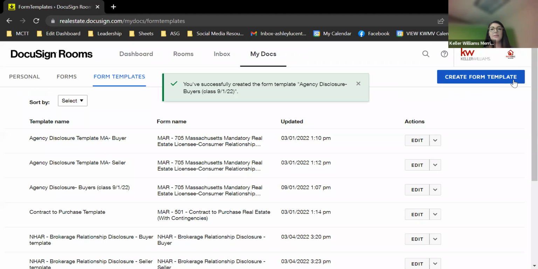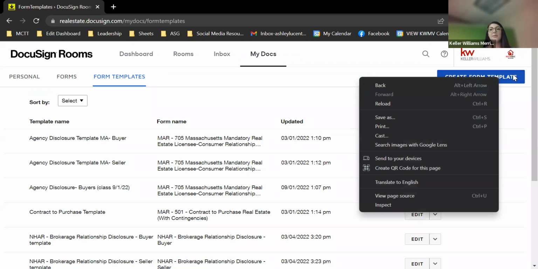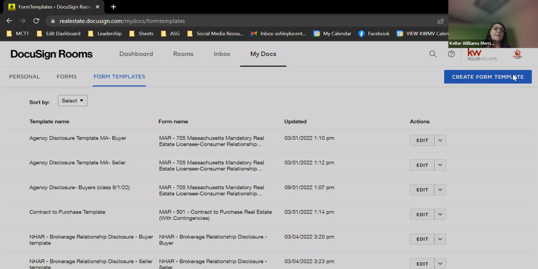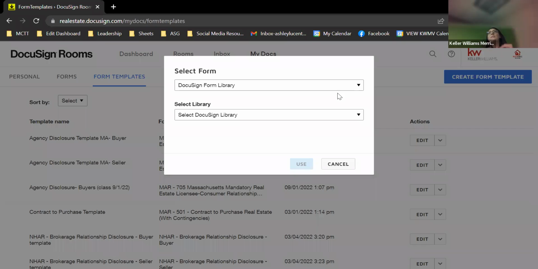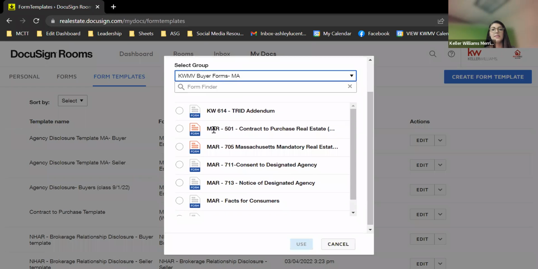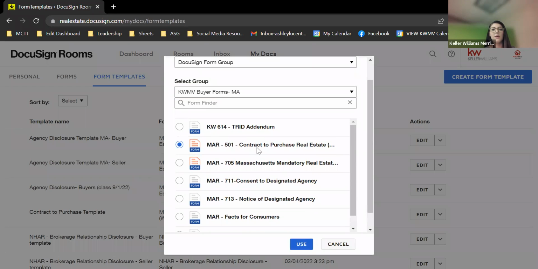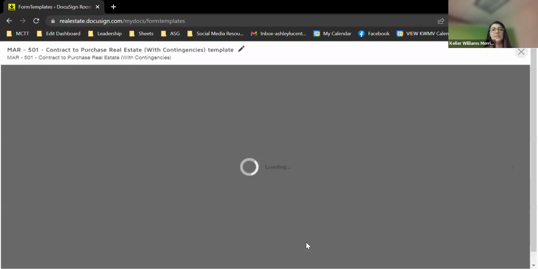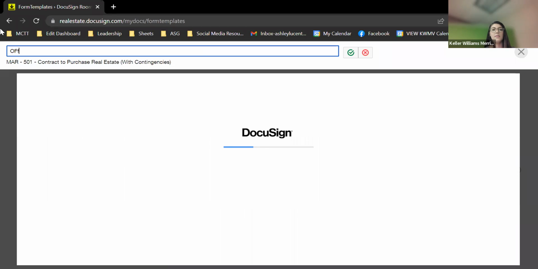And then I would go through and kind of do that same process for the next form. So maybe it might be a good idea to do all your buyer forms at once and then all your seller forms at once, just so you're not going back and forth and trying to figure out what you already did. So we'll go group and we'll go buyer forms. And maybe I'll just do this other required one, the offer. And I'll rename it to